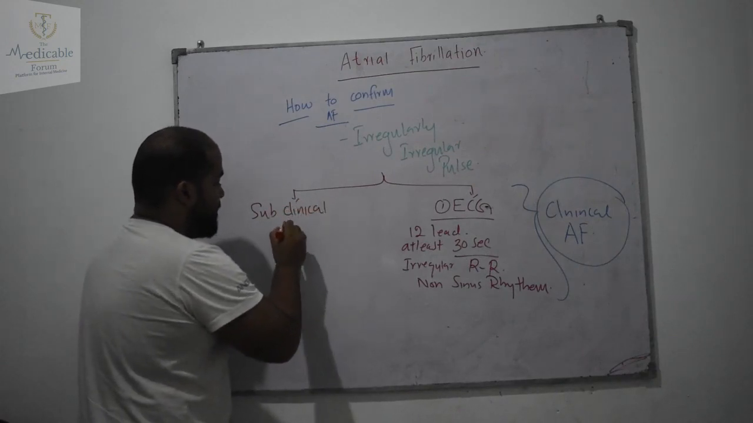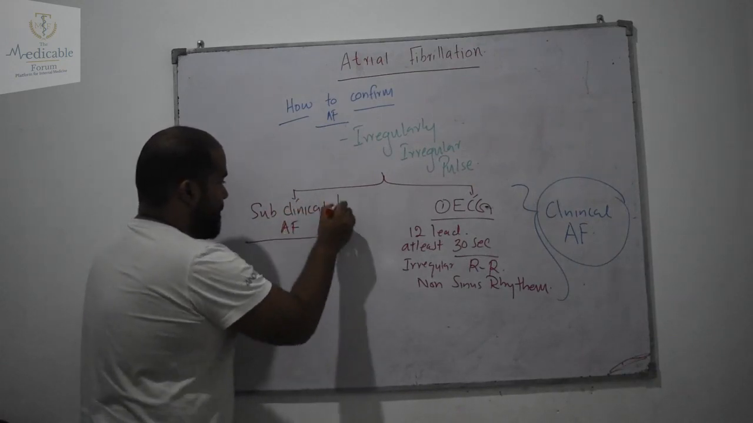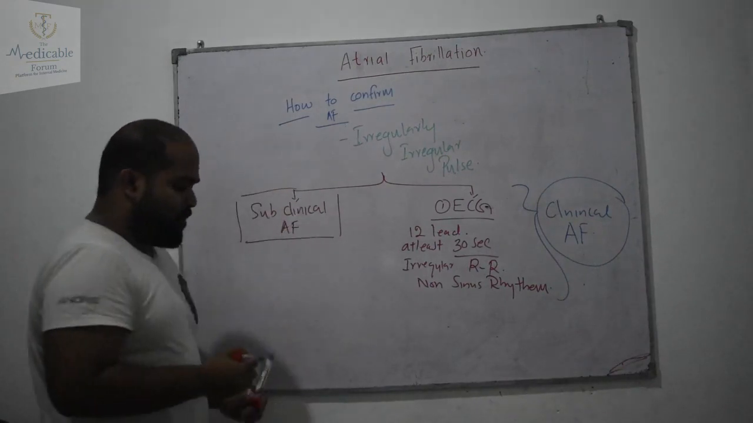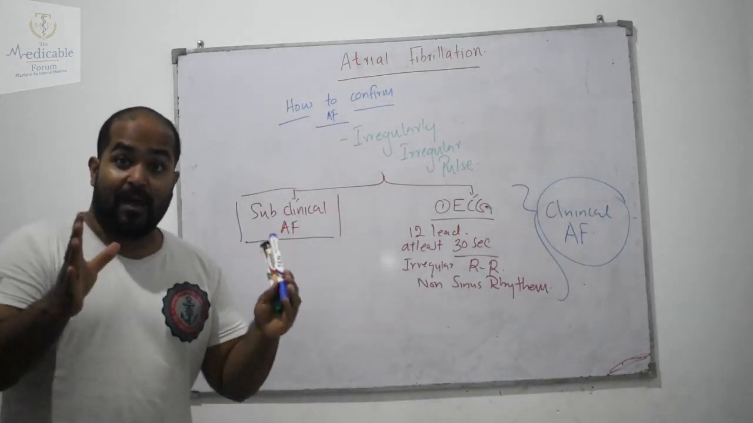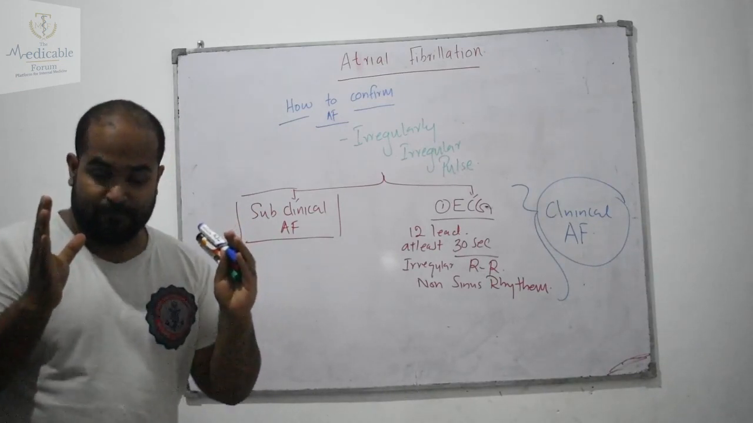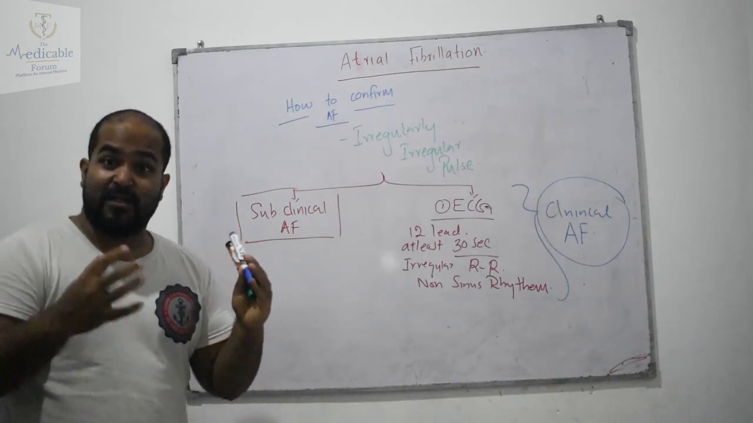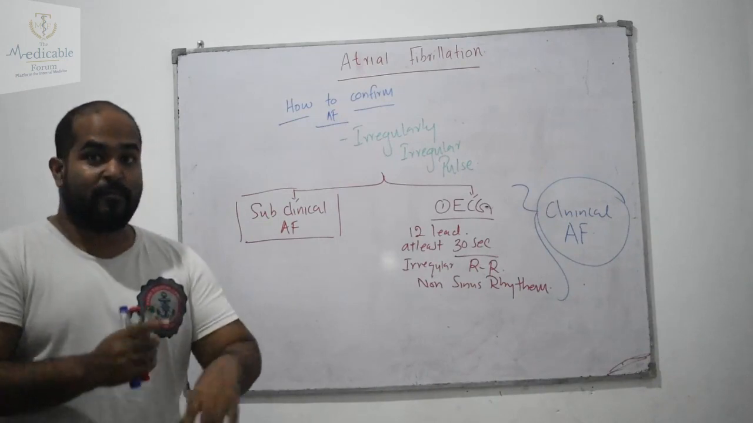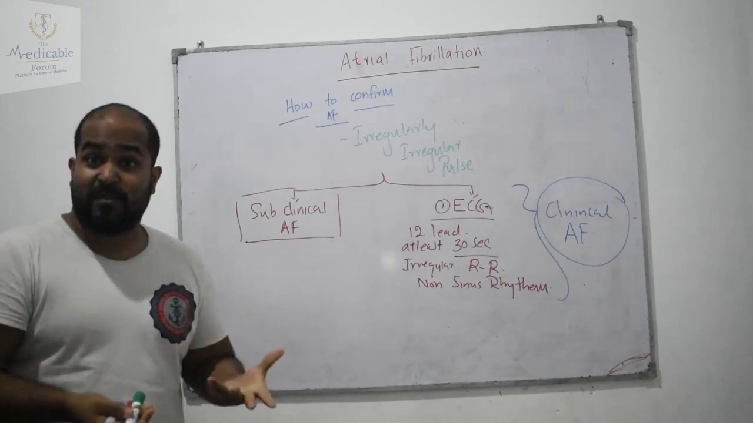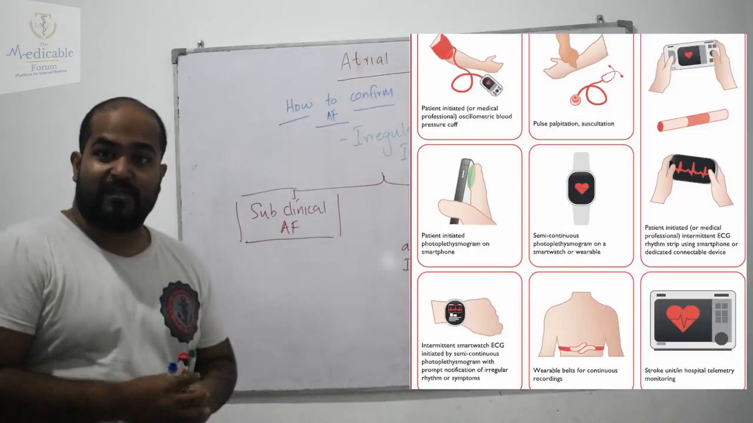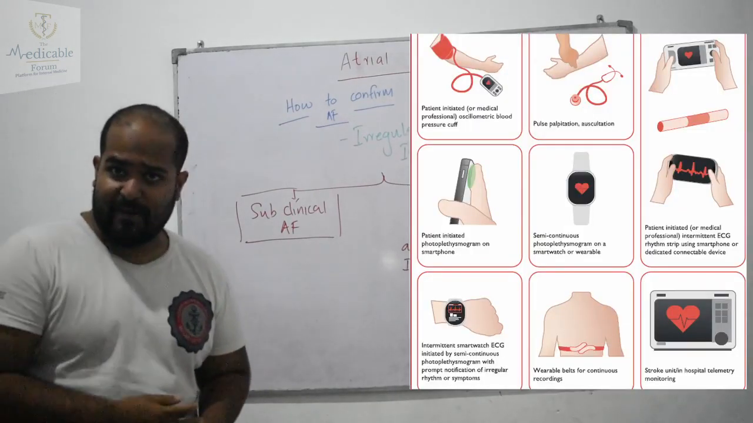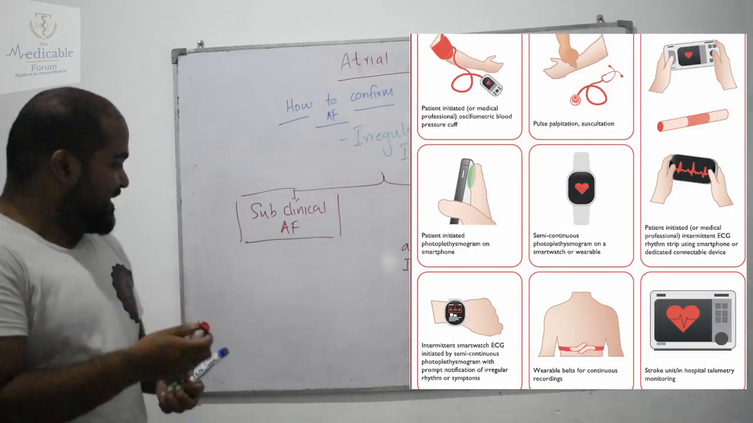Subclinical AF. Now what is subclinical AF? Now you have monitors which continuously monitor heart rate. It could be your smartwatch, it could be your smartphone, it could be any object which you are wearing which continuously monitors your heart rates. So they can detect